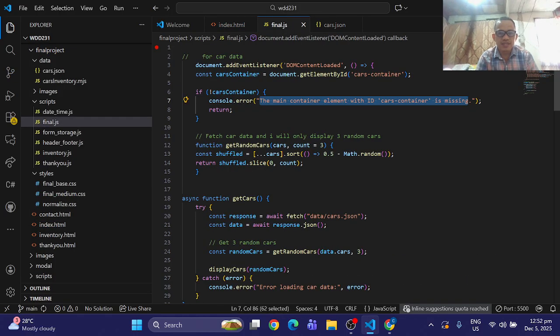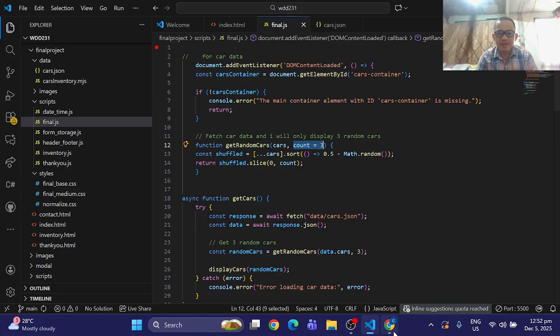Next, I get that array of cars by having a function, get random cars. Now in my program, I am getting only three cards to be displayed.